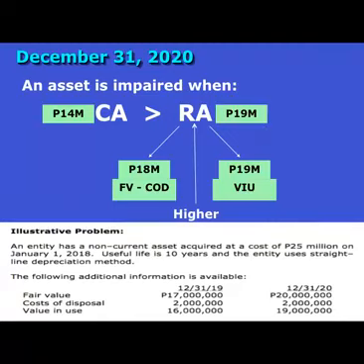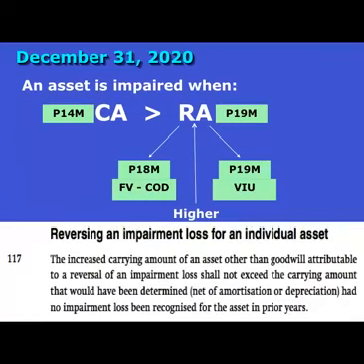Reversal of impairment. Question, is reversal of impairment loss allowed? Answer, generally, yes. But there is a limit to the extent of reversal. And what is the limit? This one. In accordance with paragraph 117 of PAS 36, in reversing an impairment loss for an individual asset, the increased carrying amount of an asset other than goodwill,